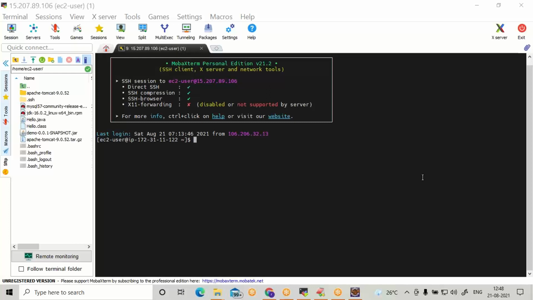Whatever jar file we uploaded contains even Tomcat. If your application packaging is just jar, then no need of Tomcat installation in the EC2. If your application packaging is a war, then only you require a Tomcat in the EC2.